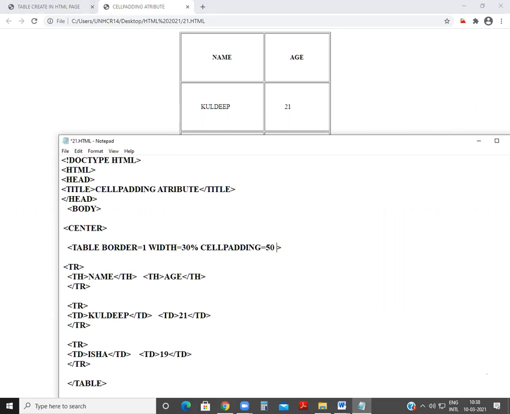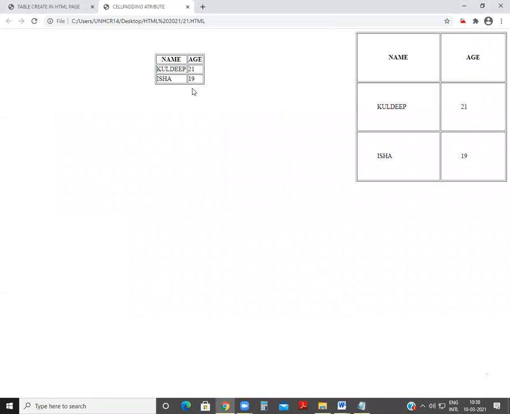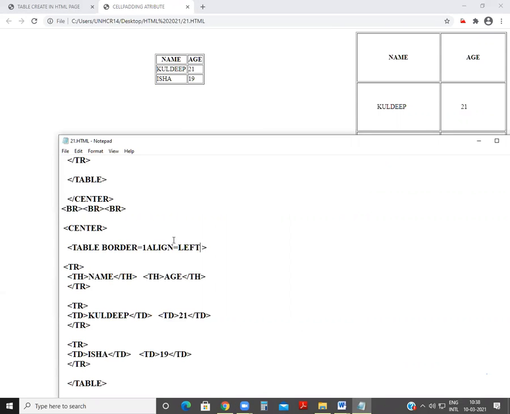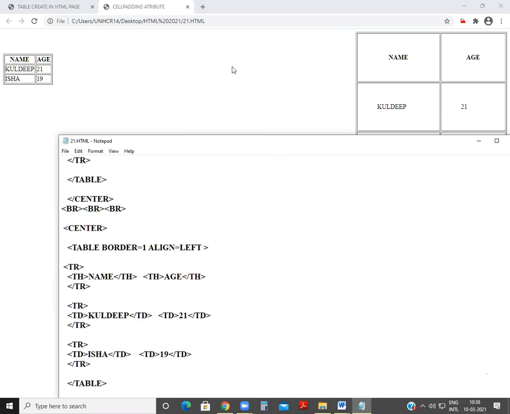But if you write alignment, like right alignment for this, and if you write left for this, it will come like this. Okay? Is it clear, this option?